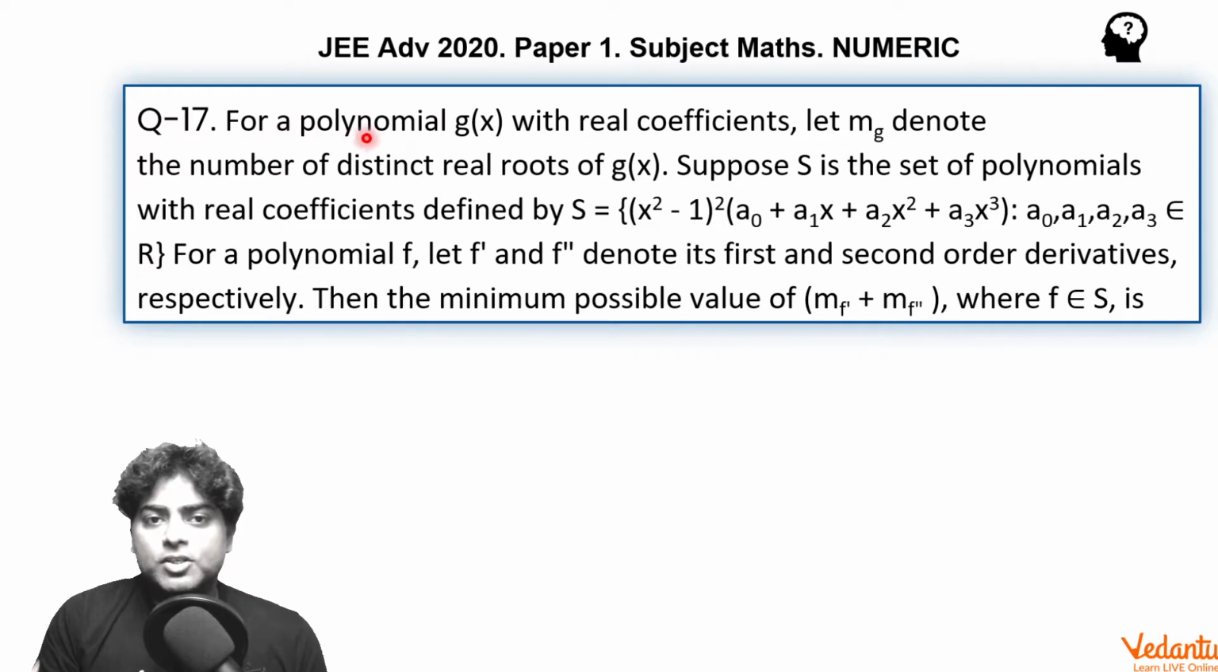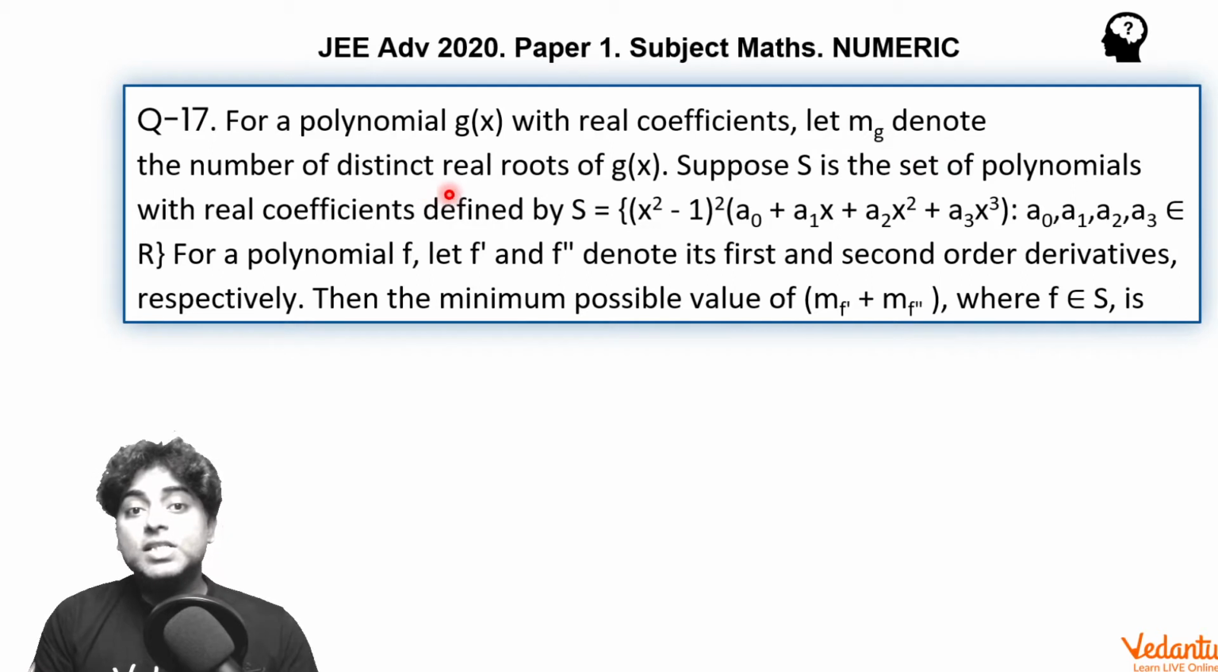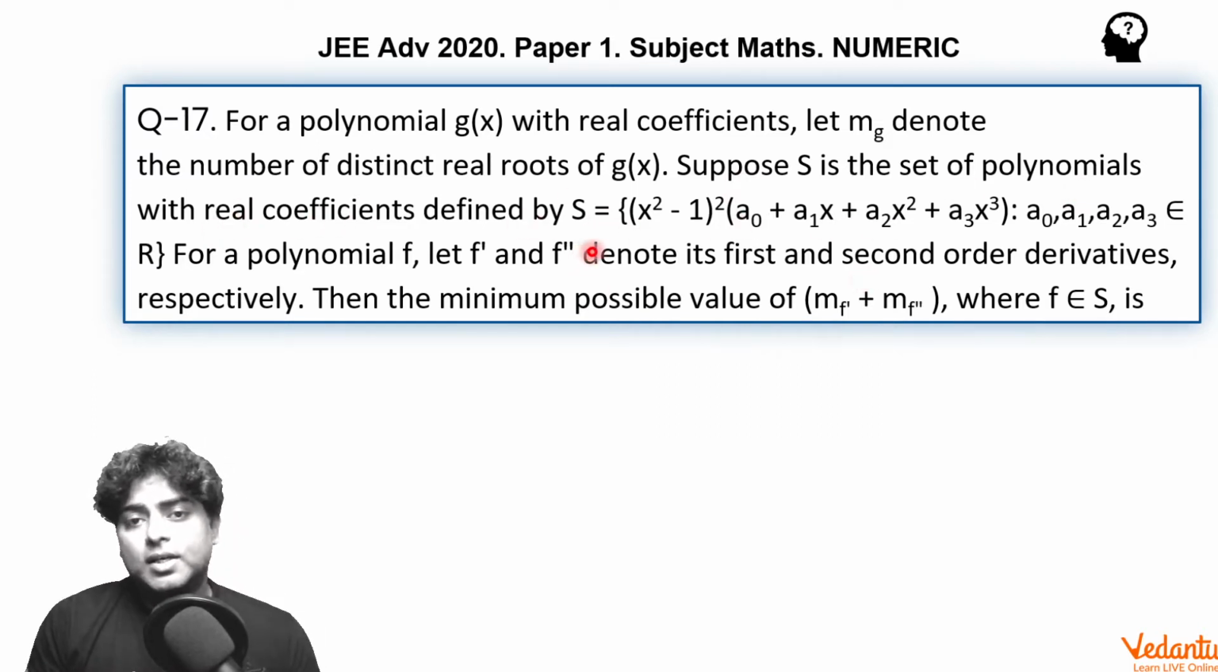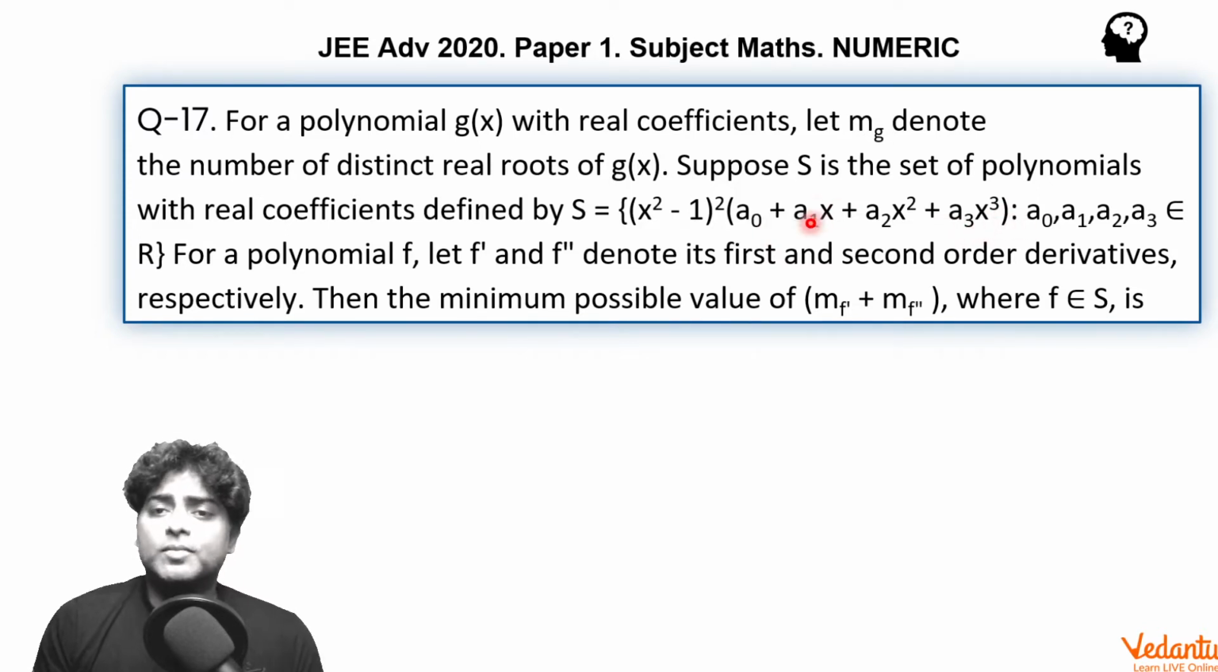It says for a polynomial g(x) with real coefficients, let m_g denote the number of distinct real roots of g(x). Suppose capital S is the set of polynomials with real coefficients defined by S is equal to (x square minus 1) whole square into (a0 plus a1 x plus a2 x square plus a3 x cube), where a0, a1, a2, a3 belong to the set of real numbers. Means this second factor is not fixed. S can have so many functions